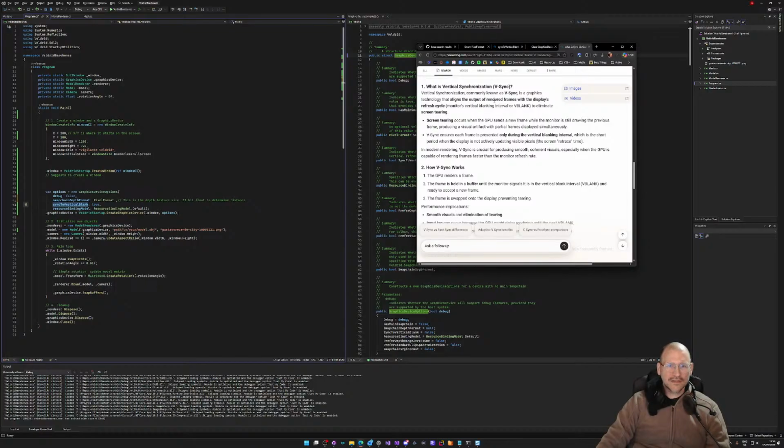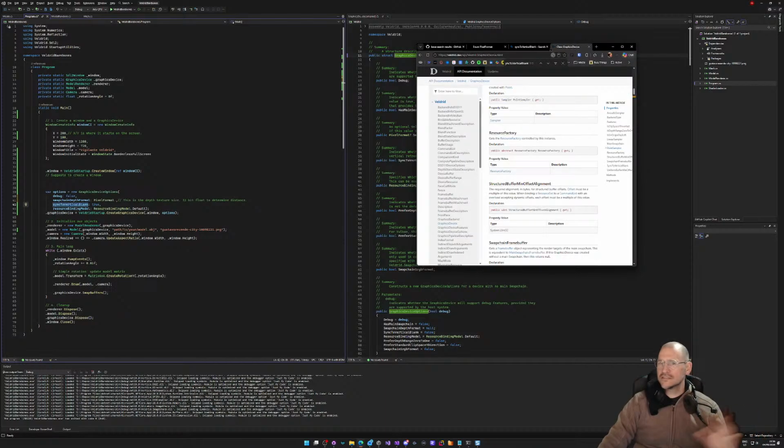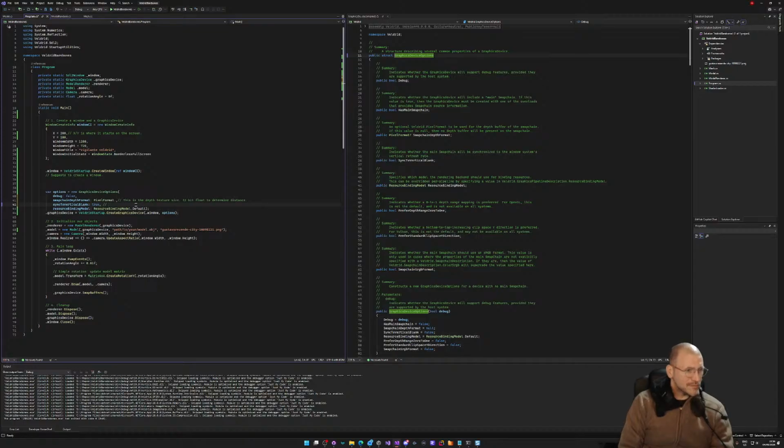All right, so let's see. On this one, aligns the output of the frames with the refresh rate. That makes sense. Screen tearing occurs when the GPU sends new frames while the monitor is still in the drawing process. Okay, yeah, this makes complete sense then. All right, I'm going to put in a little note on this just to help my own learning. Okay, sync to vertical. It's already here. Aligns the drawing time to the monitor's drawing time. Blank is